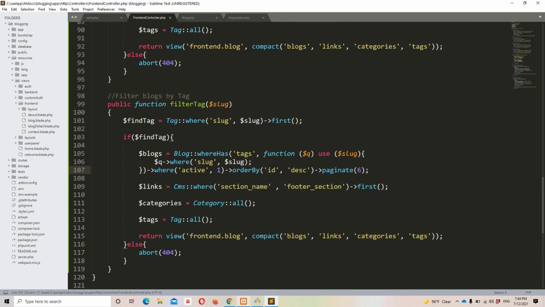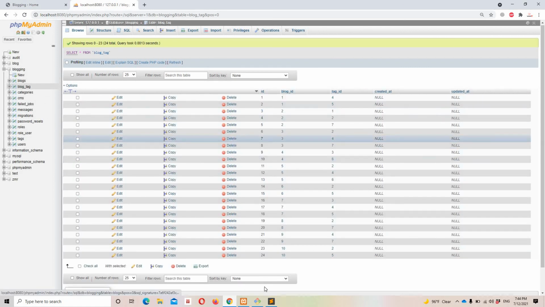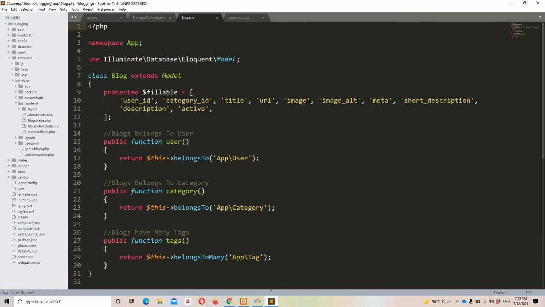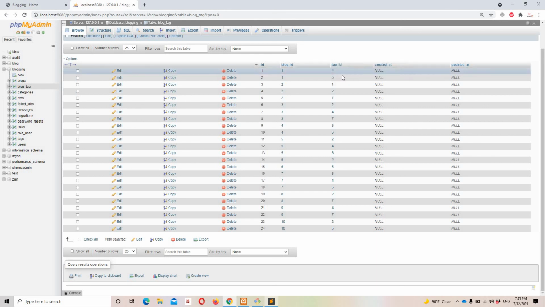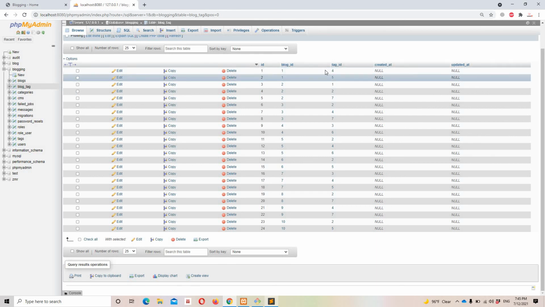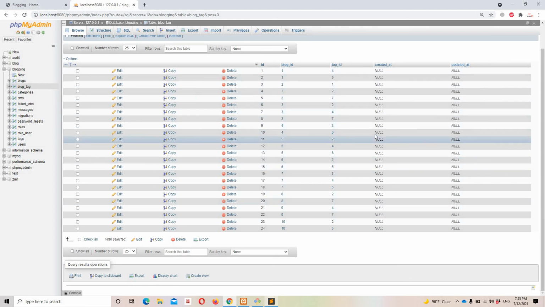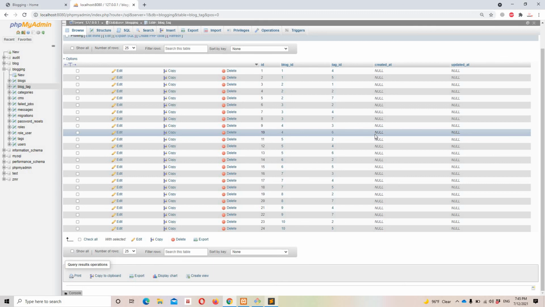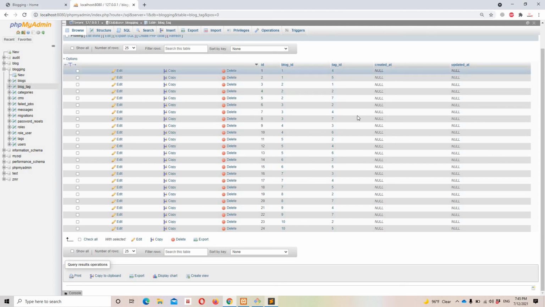If not, actually guys, in this case we are getting all our records from the pivot table. As you know, we have a pivot table. Let me show you. So blog tag right here. So here, with the help of this tags method, we are trying to access our pivot table in order to check if we have any specific ID with this specific blog which we are trying to search. So in short, from this pivot table we are getting all the blogs that have a specific slug with the help of ID. So we are going to get the ID of the blog or tag from right here.